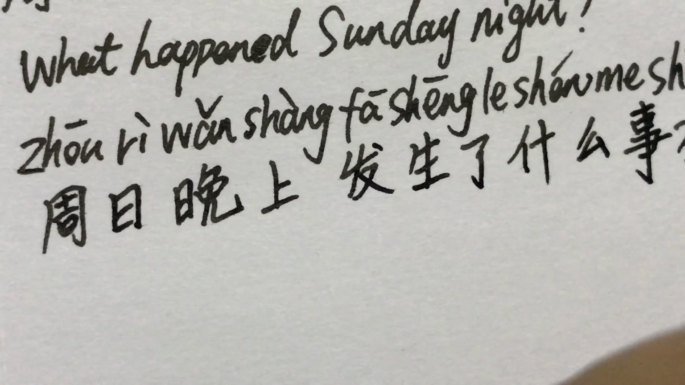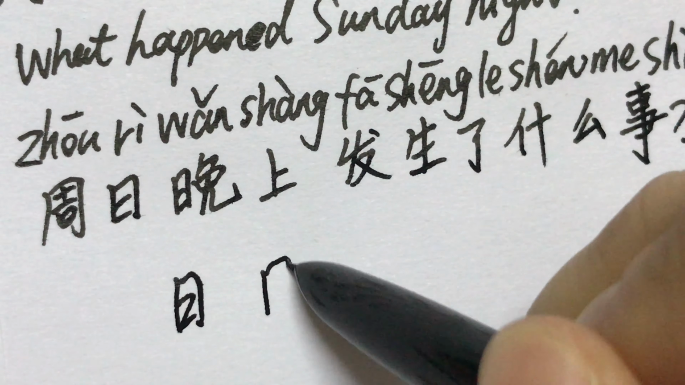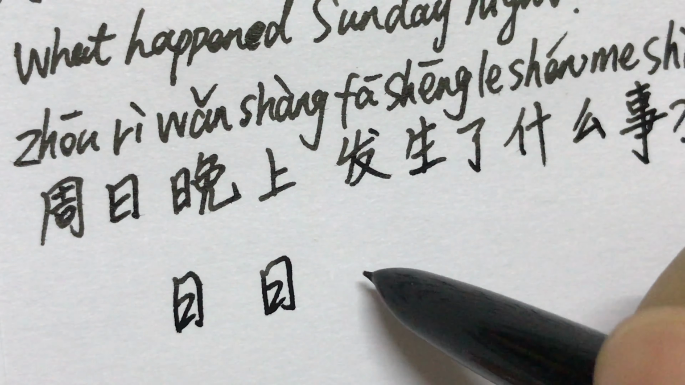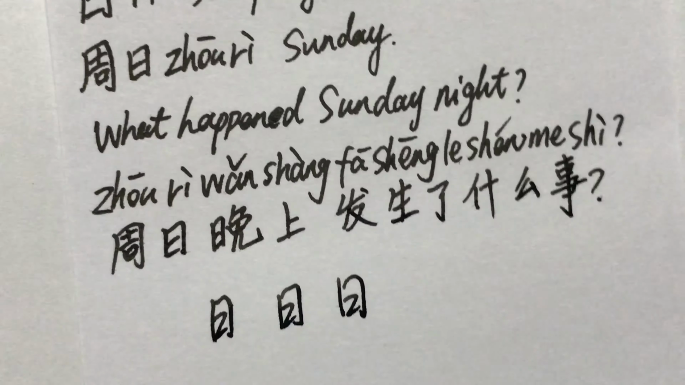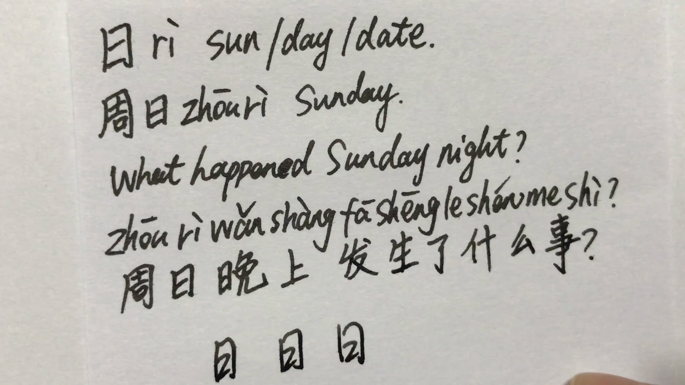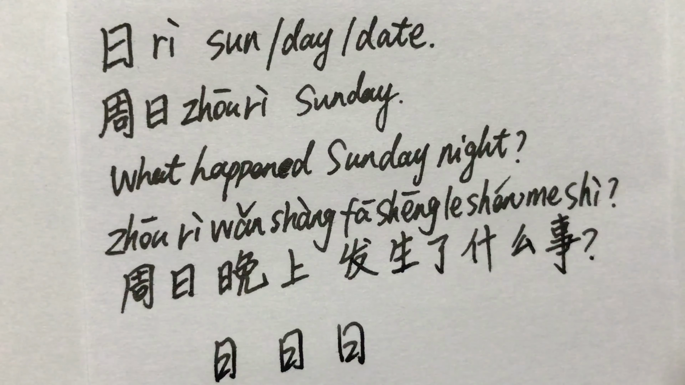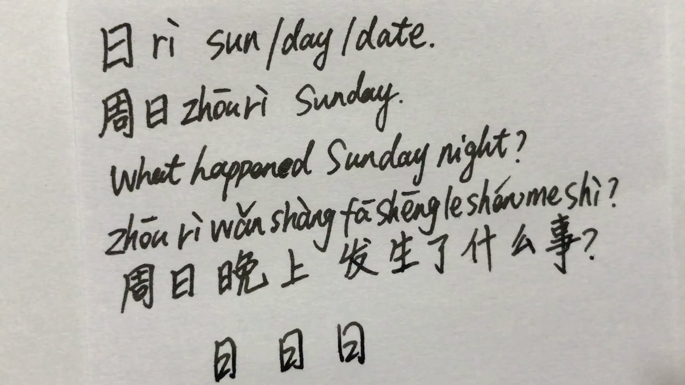日 in cursive. 日 sun, day, date. 周日 Sunday. What happened Sunday night? 周日晚上发生了什么事？